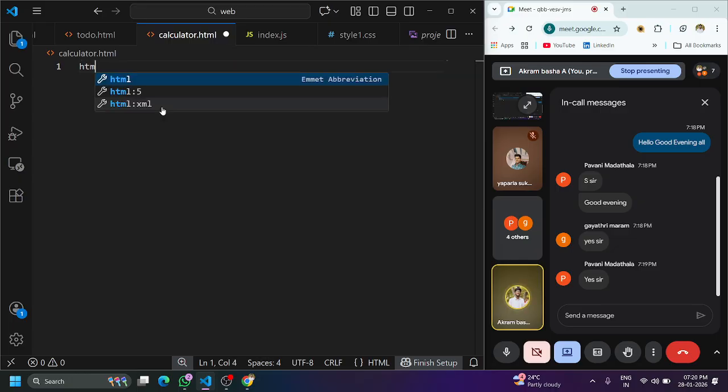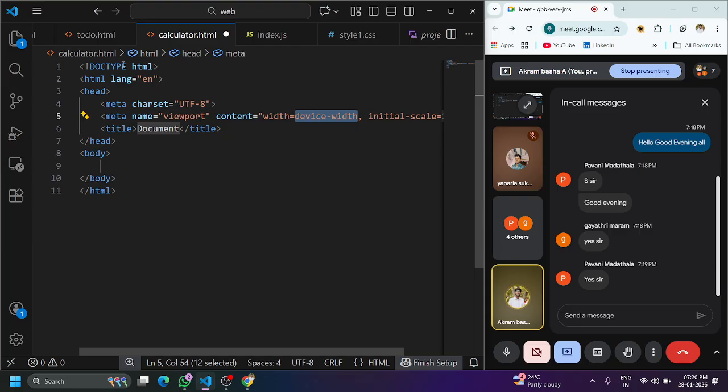First of all, we have to start with HTML, which is the doctype, then the title. We have to mention the title of the project, calculator. In the body section, as everybody knows, in the calculator we will be having a display field and then